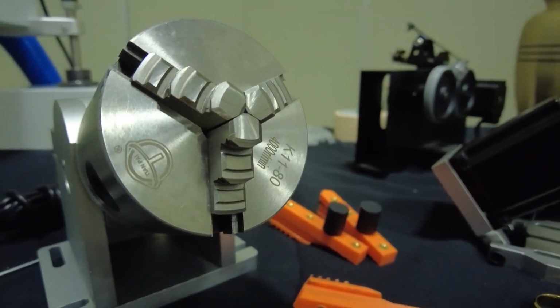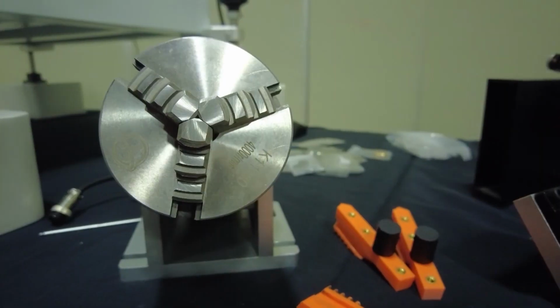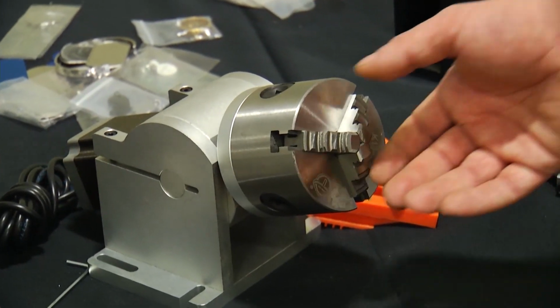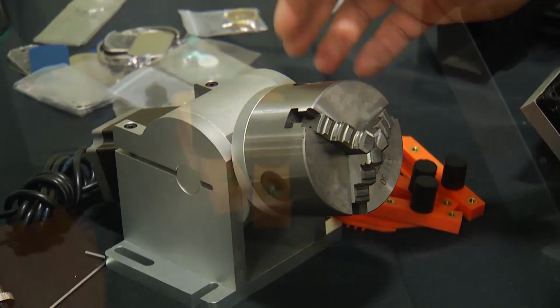So, quickly, last but not least, yeah, absolutely. So this here is our standard chuck rotary tool. This is something similar to your industrial lathes that you'd be used to, where you have the chuck fitting on the end here. With this tool here, there is a chuck key that you would place into here, which